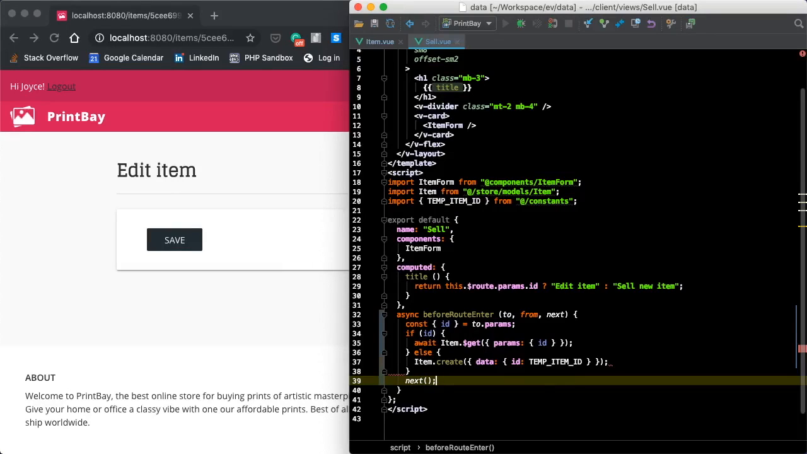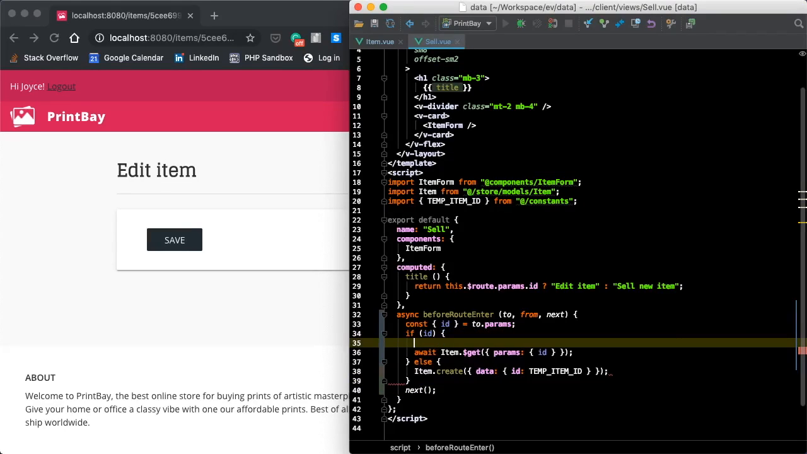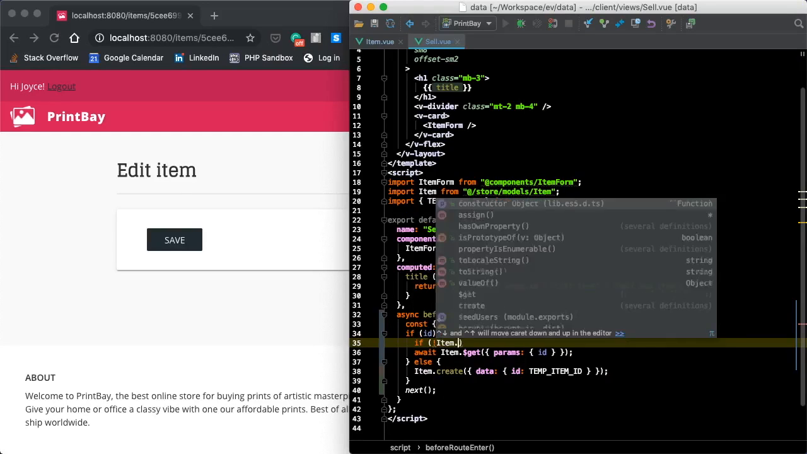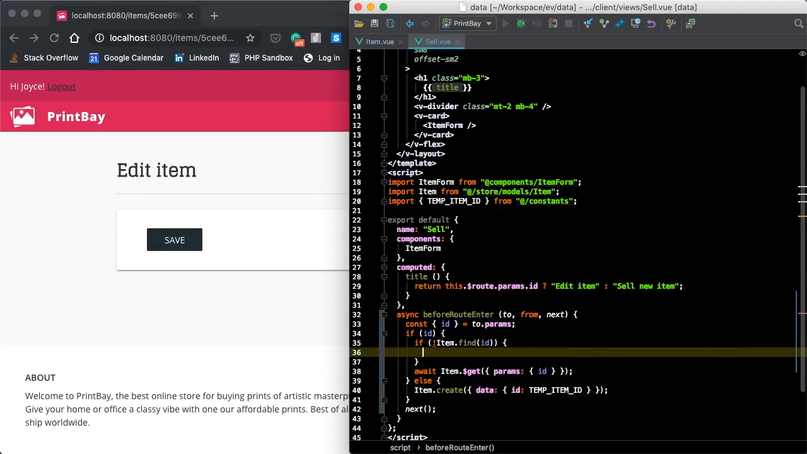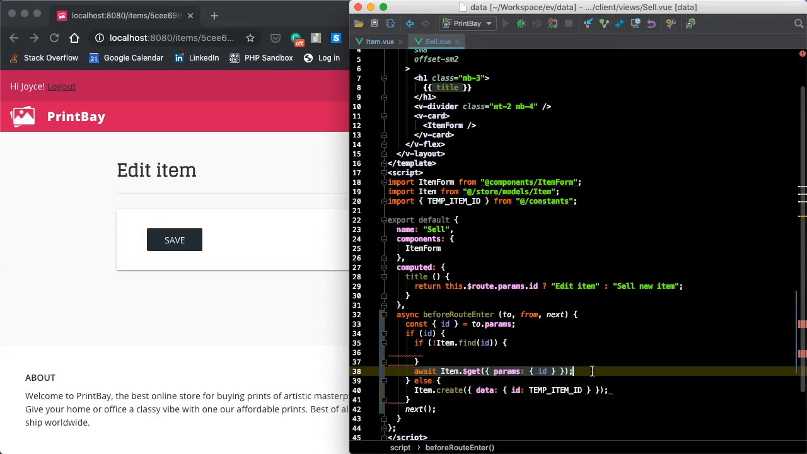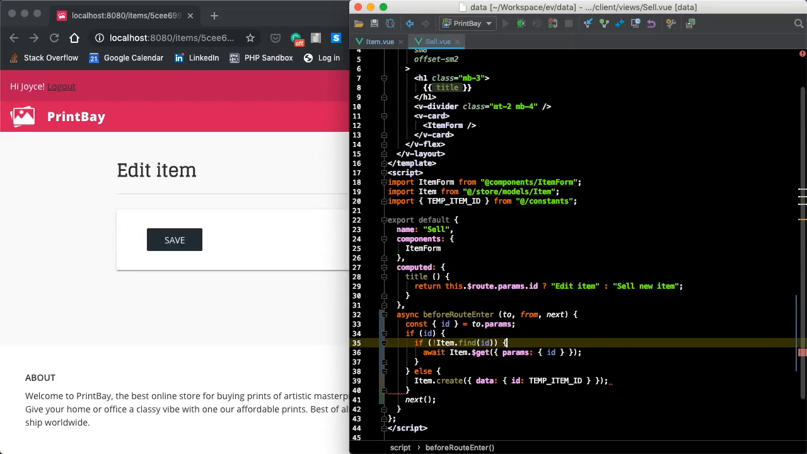Now there's one last thing I'd like to change in this method, and that is to wrap this await call in a conditional. And the test is going to be not item.find(id). So what does that mean? Well, the purpose is going to be to check if the item is already in the store, and if it is, to not load it off the API. And the reason that we'd want to do that is that if we get to the sell page via the item page, it means we've already loaded that item's data from the API, and there's no point in loading it